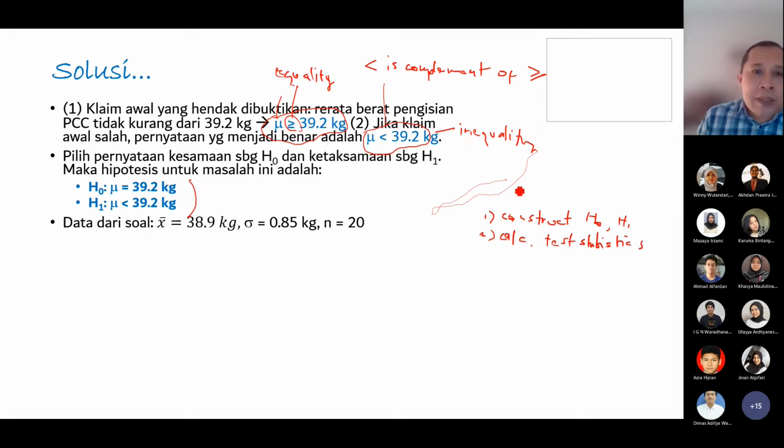Okay, which in this case, because the sample size is small, but sigma is assumed to be known, then for this case, the test statistic is Z0,